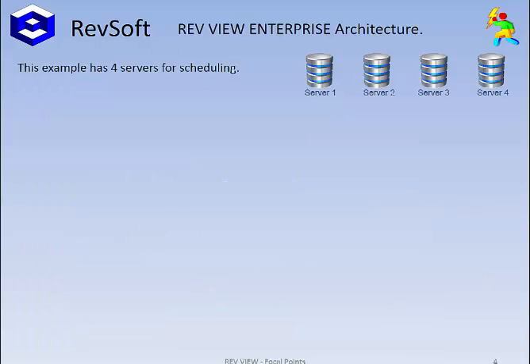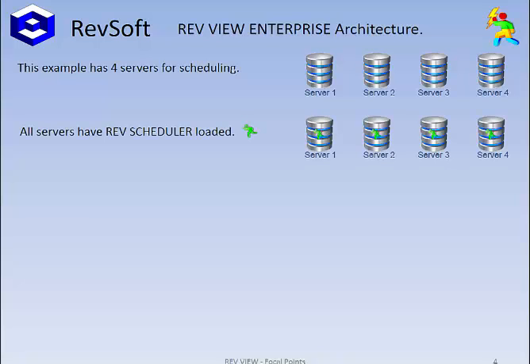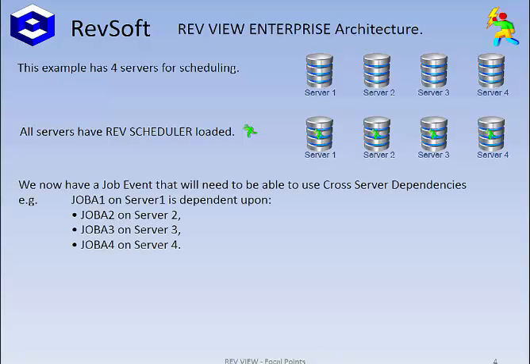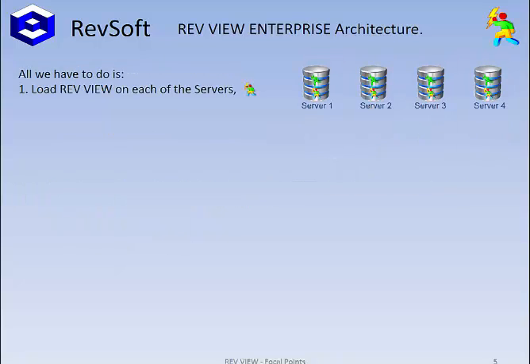So let's look at an example in REV Scheduler. Here we have 4 servers for scheduling. All servers have REV Scheduler loaded. We now have a job event that will require dependencies from the jobs on the other 3 servers. Job A1 on server 1 is dependent upon job A2 on server 2, job A3 on server 3, and job A4 on server 4. So all we have to do is load REV View on each of the 4 servers,